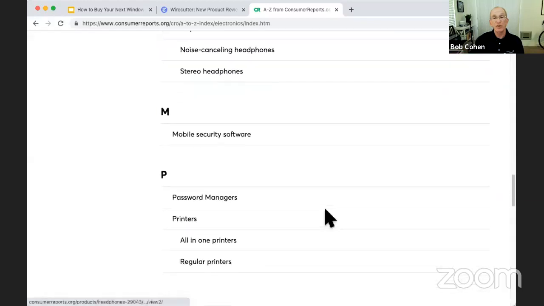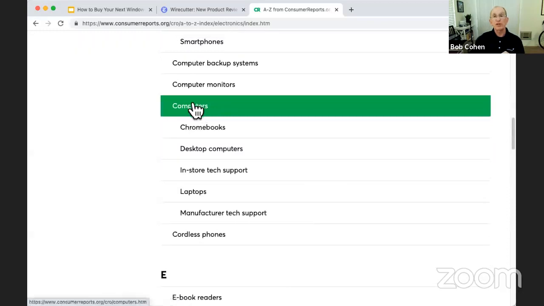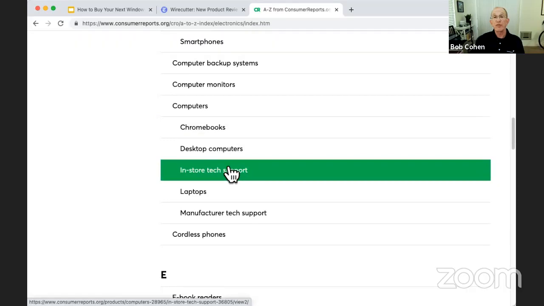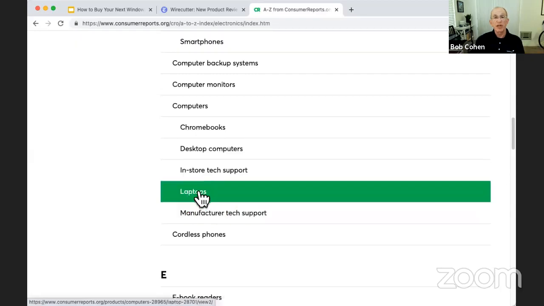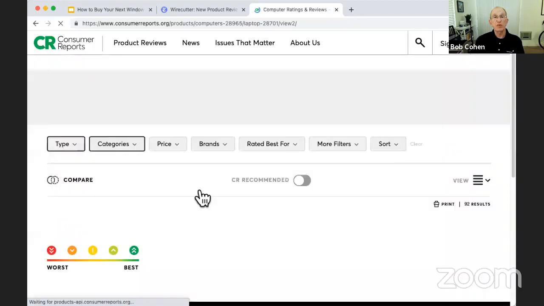So if I go to something like computers, let me find computers, they do break them down: Chromebooks, desktops. They even evaluate in-store tech support, laptops, and manufacturer tech support. So let's take a look at laptops, for example, and see what they do.